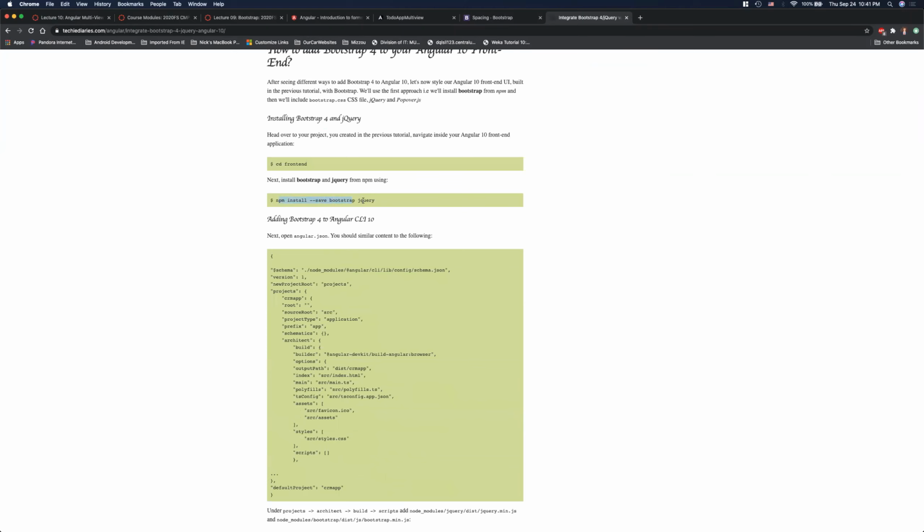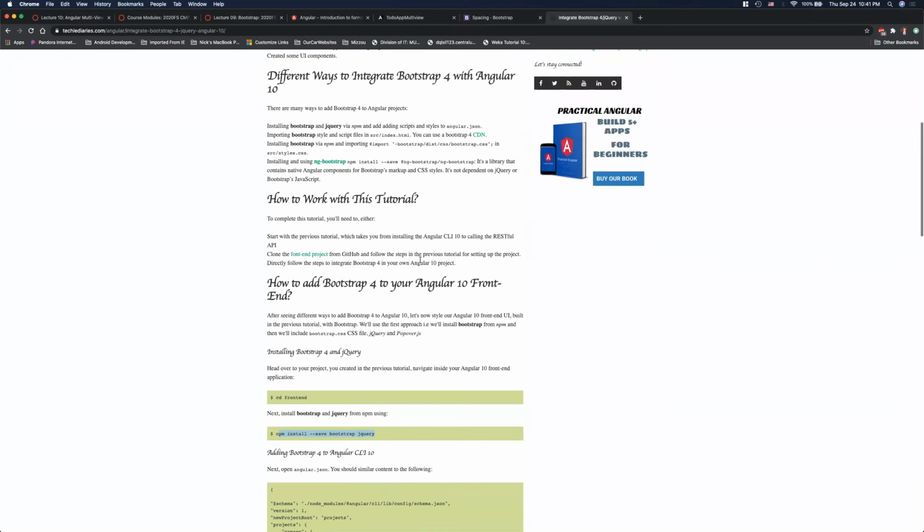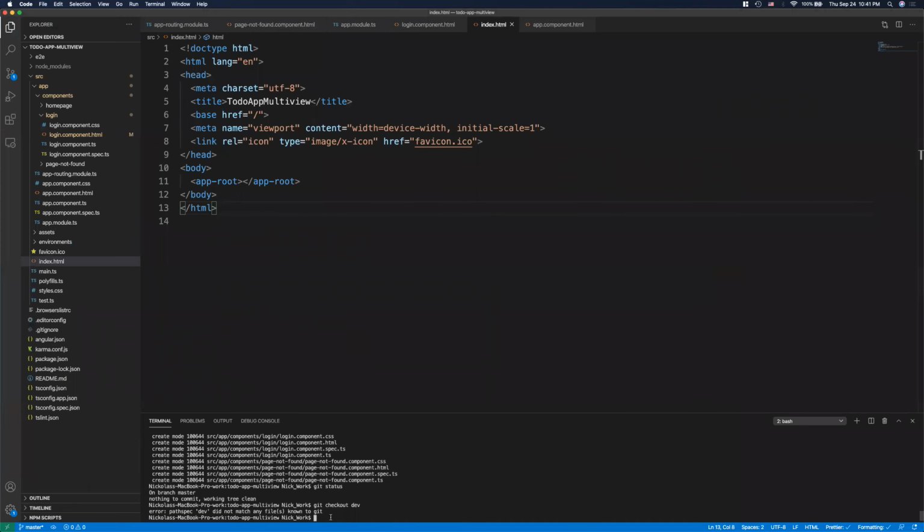I can do an npm install Bootstrap and jQuery. But what we're going to use now with Angular 10, which is what we're using, is Angular CLI. So by using Angular CLI, I'm going to do an ng, that's Angular CLI, add, and I'm going to add at ng-bootstrap /